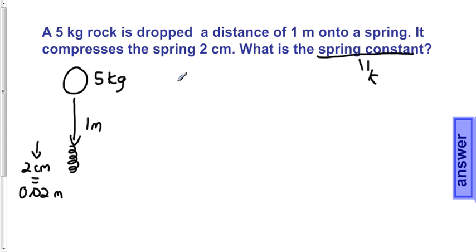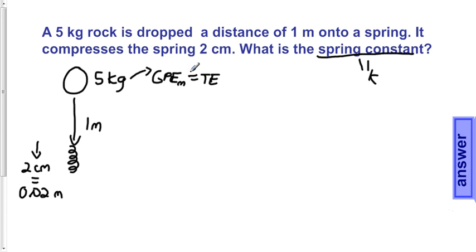In order to solve this problem, we need to understand conservation of energy and the 2 points of maximum energy inside the system. The first point of maximum energy is gravitational potential energy. This occurs before the rock is released when it is 1 meter above the spring and is stationary. During this time, gravitational potential energy is the only type of energy inside the system. This means that it will be equal to the total energy of the system. This is because of conservation of energy, and if at one point gravitational potential energy is the only type of energy in the system, then all the other energies added in the system during any point in time must equal